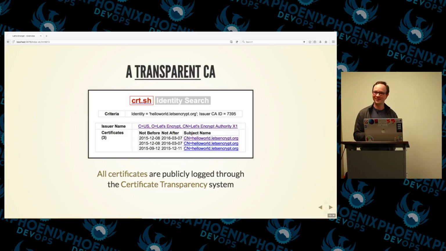If you've ever looked at the various misissuances, which is a term for certificate authorities doing the wrong thing, that come to light years later, you have to ask, who got that misissued certificate for this important website? We don't know. Was this organized crime? How was it used? Let's Encrypt just logs everything from the get-go to certificate transparency. And now this is kicking off a movement where it's going to hopefully become more and more common.